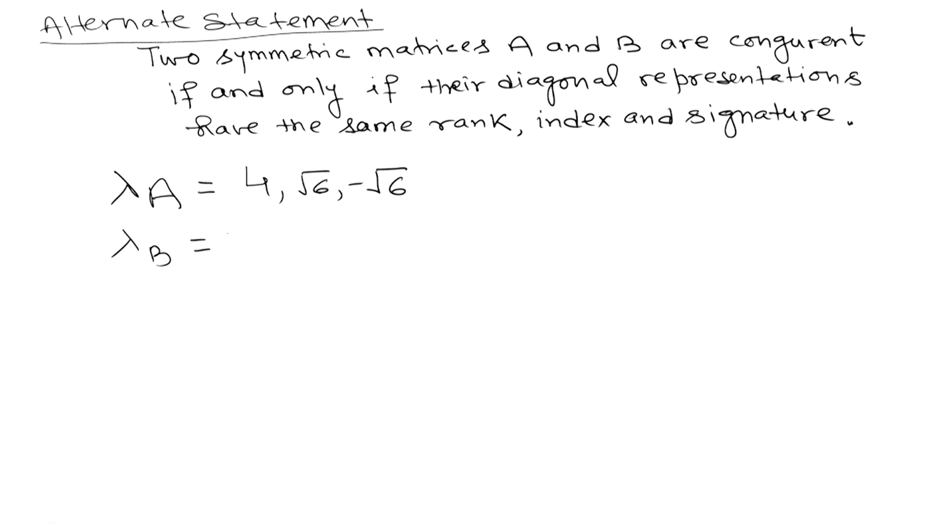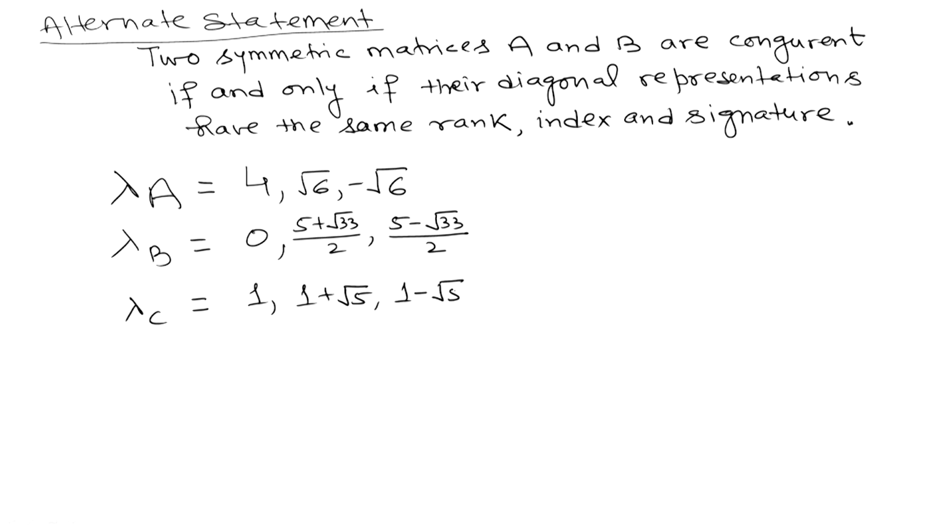The eigenvalues of matrix B are 0, (5 plus square root 33)/2 and (5 minus square root 33)/2. And the eigenvalues of the matrix C are 1, 1 plus root 5 and 1 minus root 5. Now, if I talk about the rank, index and signature of these three matrices,